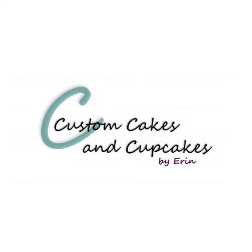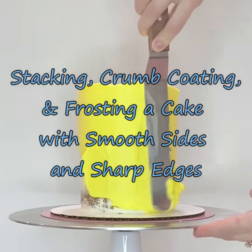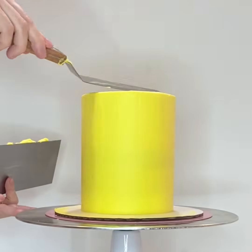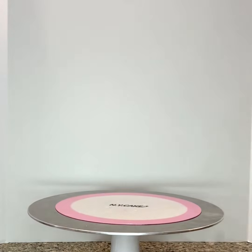I get a lot of questions about how to get smooth sides and sharp top edges on cakes, so I wanted to create a video here that talks about the methods I use when stacking, crumb coating, and frosting smooth cakes. Starting with my turntable, I add a non-slip mat to keep my cake from sliding, followed by my cake